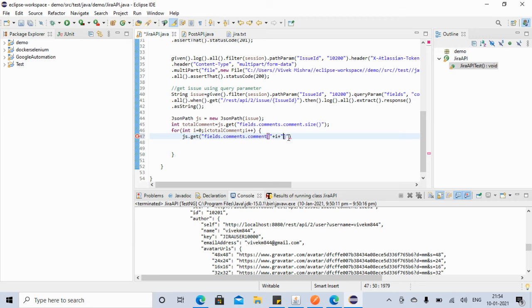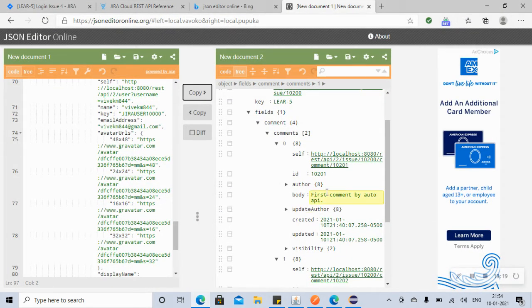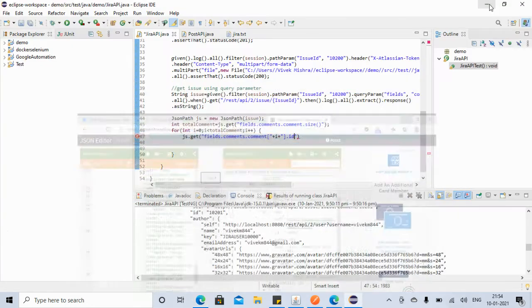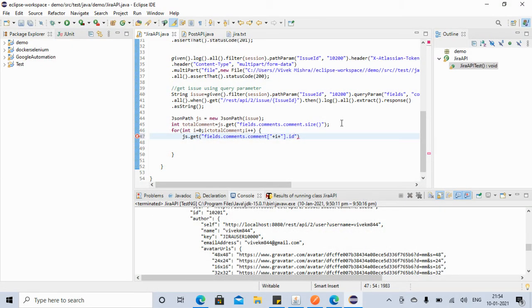So we got the first comment, like the 0th comment.id, right? If you go here again, every comment has an id like 10201, something like that. So we will use that id, if that comment id is equal to... Let's see if we have the comment id.